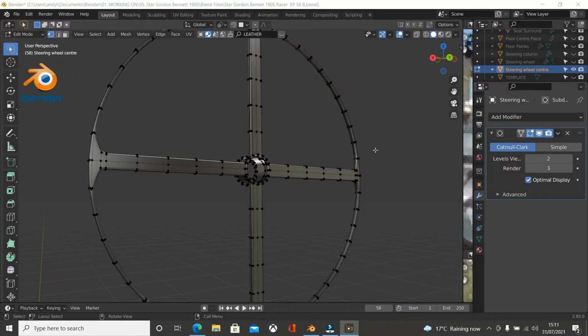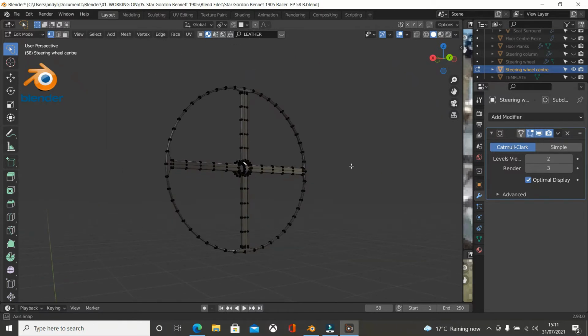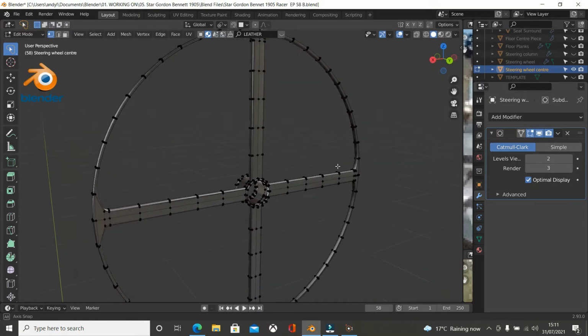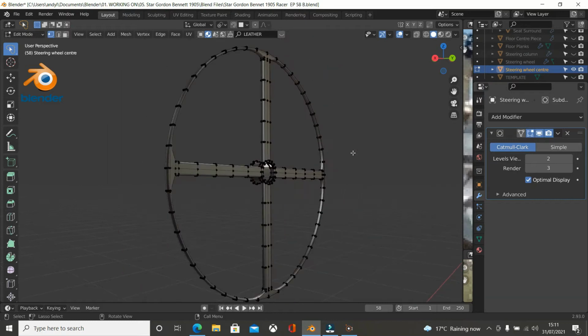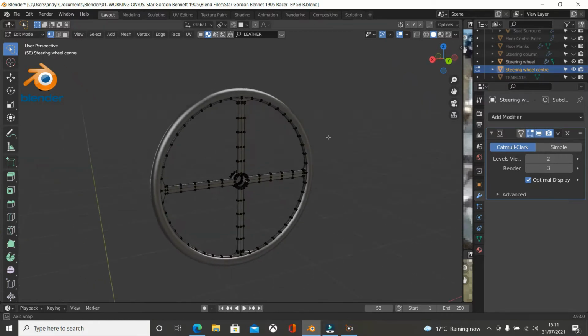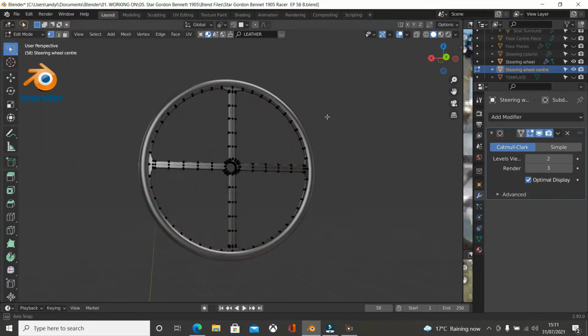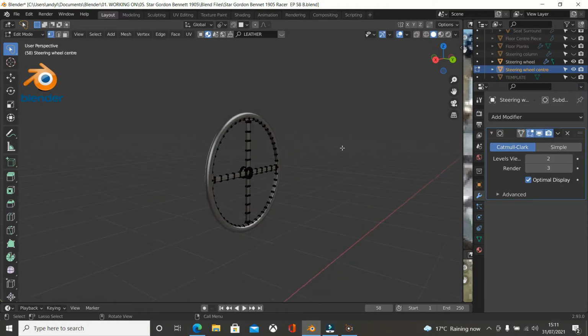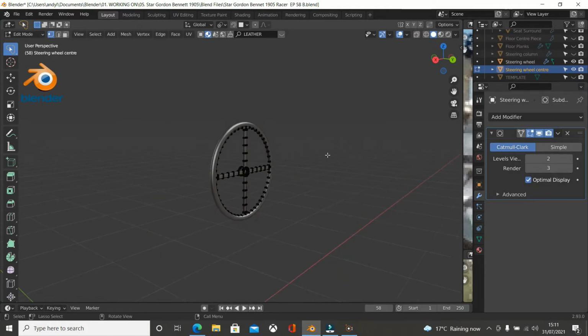This is the next in the 1905 Star Gordon Bennett race car Blender tutorial series, and in the last few episodes we've been looking at the steering wheel, and this is the insert to the steering wheel. If I just pop the steering wheel cover on now, that's where we've got to, but now we'll get the centre spokes in place because there's a rake on the